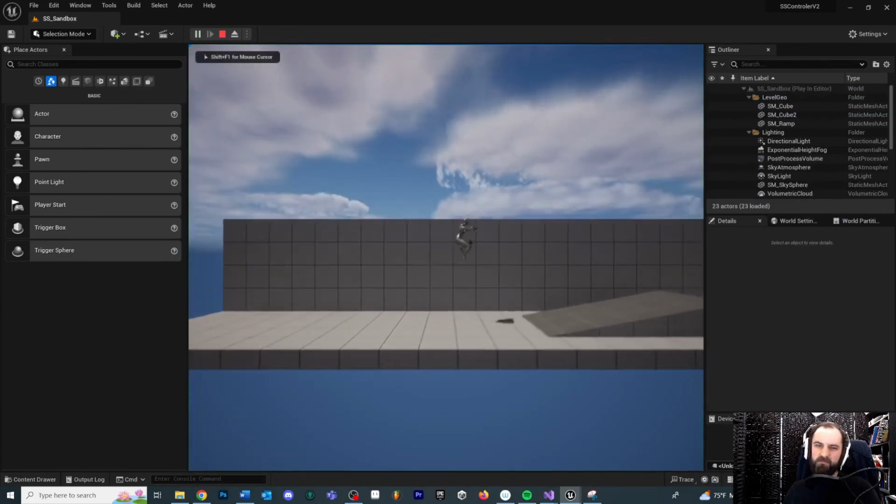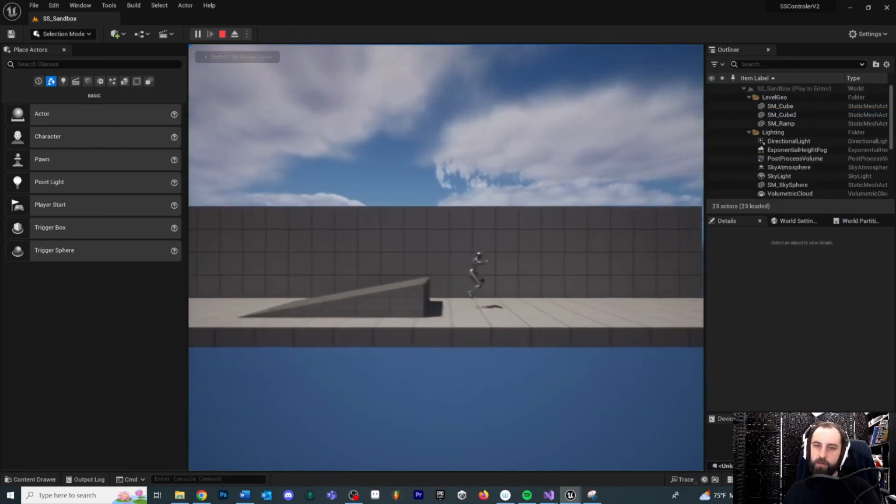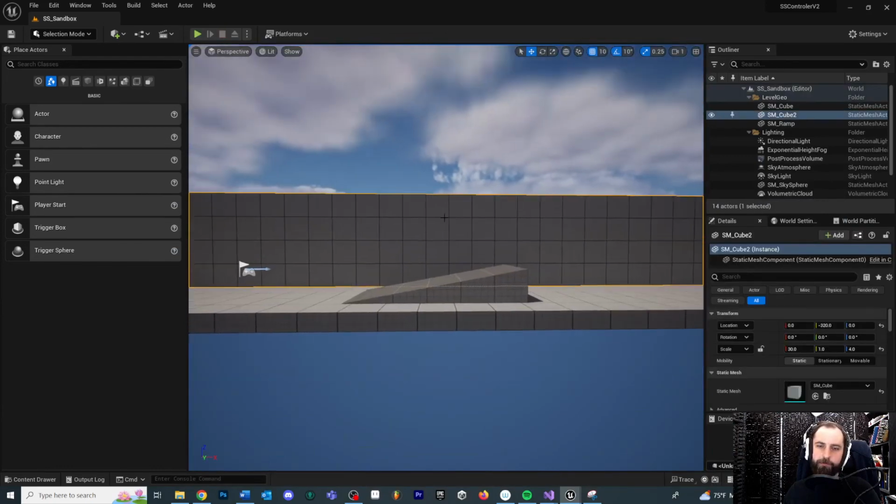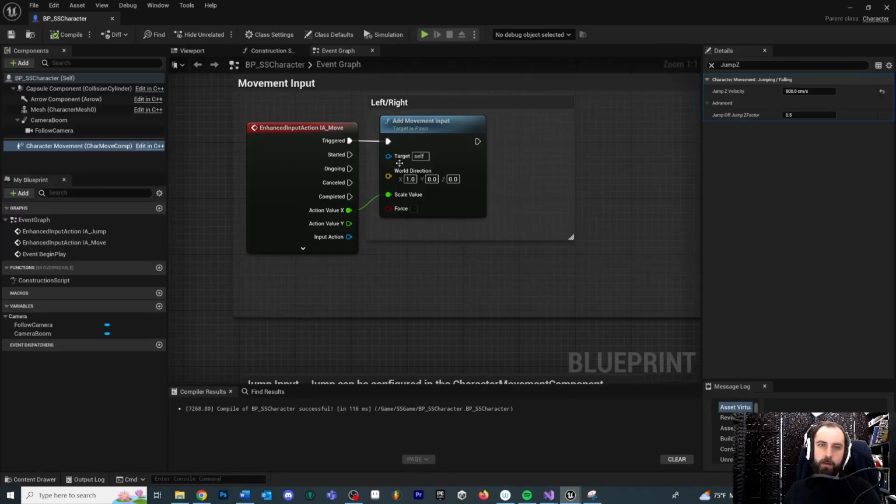All right, I think that's good. In some games, you might jump even higher than that, but this feels about right to me. Okay, now for the floatiness, I want to show you that. The floatiness is caused by